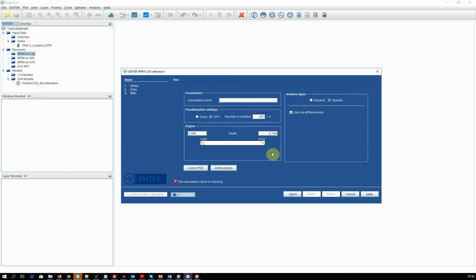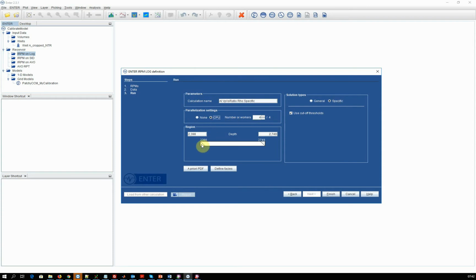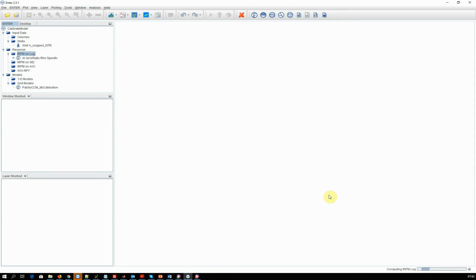Now give the IRPM on the log a name so that we can identify it later. And we are going to run specific solution types. We can adjust how much of the log that we want to run the IRPM on. Here we are going to use the full log. And you can also make specifications about the parallel processing. Now the modeling is done,